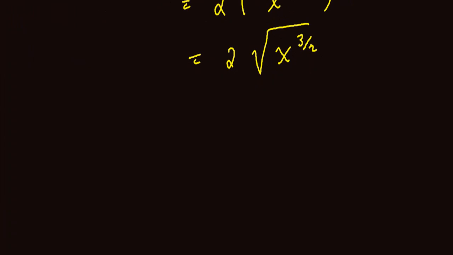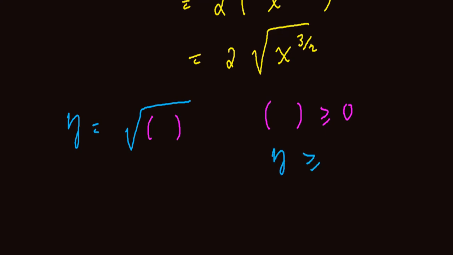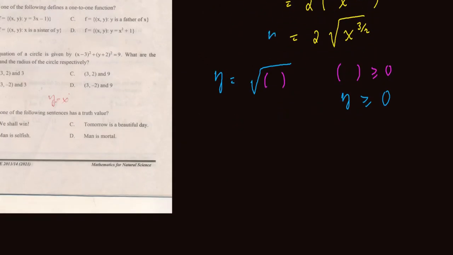ማንኛውም square root function y is equals to square root of something ቢሰጠን the domain is the bracket greater or equal to 0 ነው and the range is also y ሁልጊዜ ከስኩዌር ሩት ውስጥ የሚወጣ ቁጥር greater or equal to 0 ነው። ስለዚህ በዚህ መሰረት እዚህ ጋር ያለን y is equals to 2 times the square root of x the power of 3 over 2 ነው። ስለዚህ ብራኬት ውስጥ ያለን ማን ነው? ብራኬት ውስጥ ያለን x the power of 3 over 2 ነው which will be greater or equal to 0 therefore you get x is greater or equal to 0 ሁለቱንም በ2/3 ፓወር ስናደርግ x greater or equal to 0 ነው።